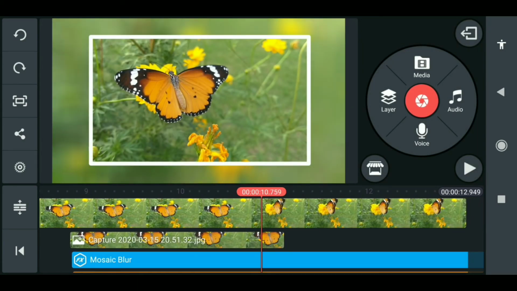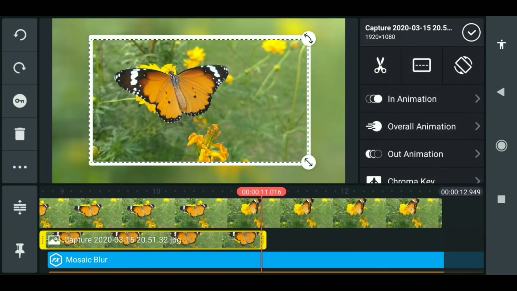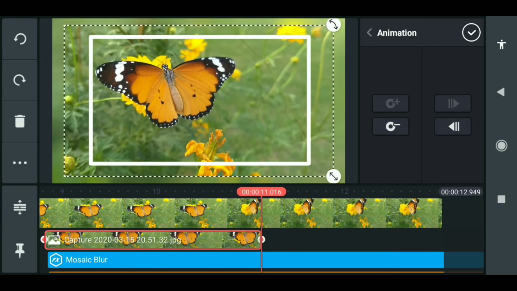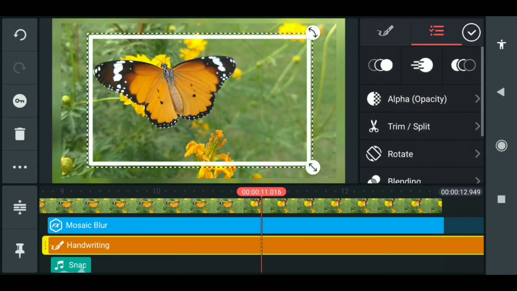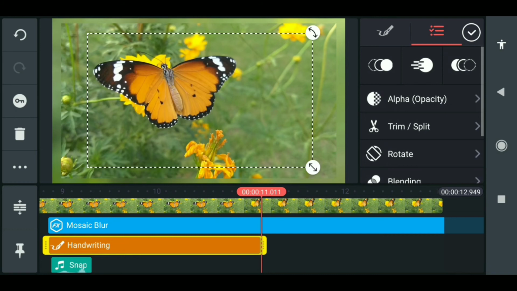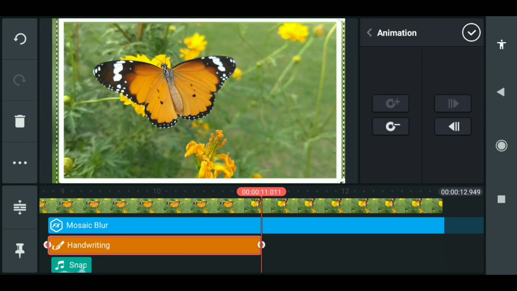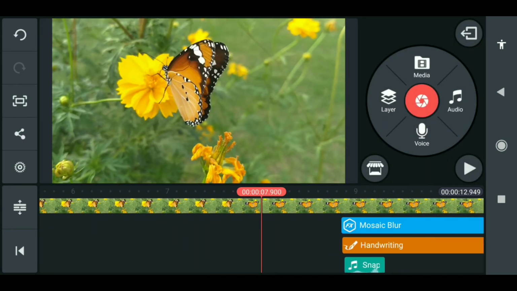Now we are going to add some key animation to the clip. So use your layer. At the end of the clip, click the key option and just expand it to whatever height you want. At the same time, use your handwriting tool, crop the unnecessary part, use the key animation and just expand it at the right position. So simple, right? Now I think it looks good,